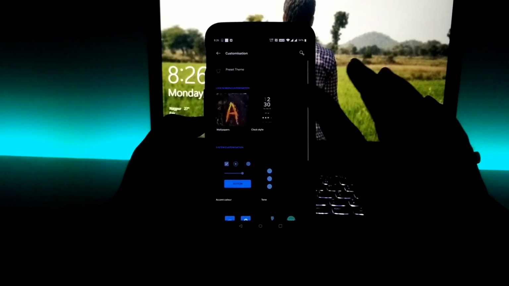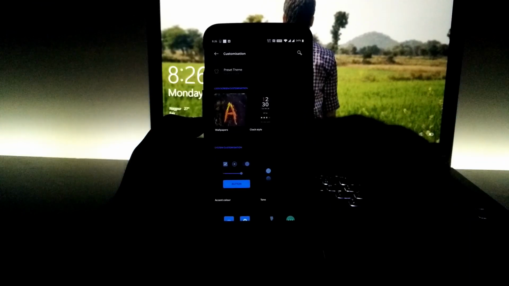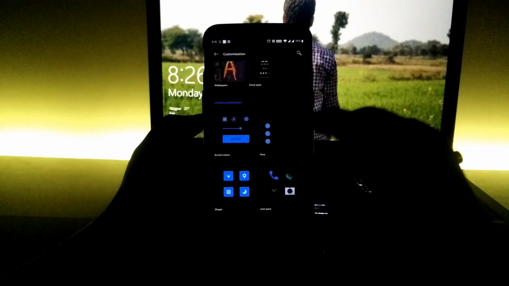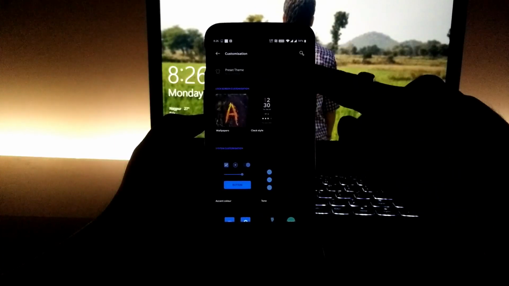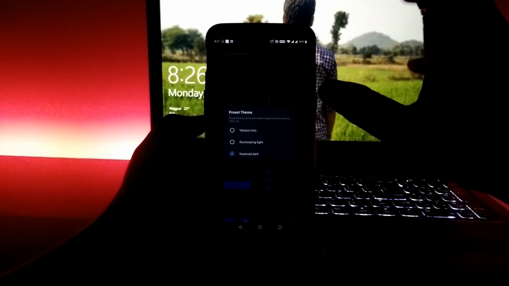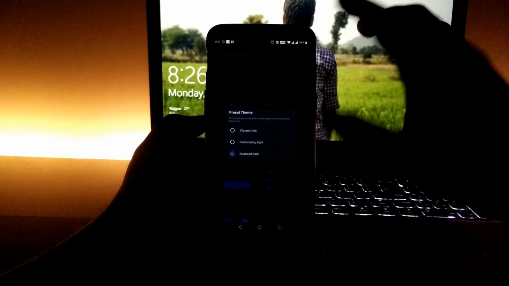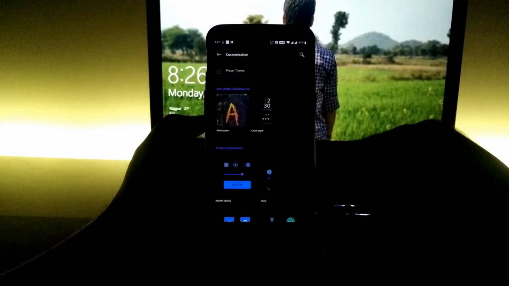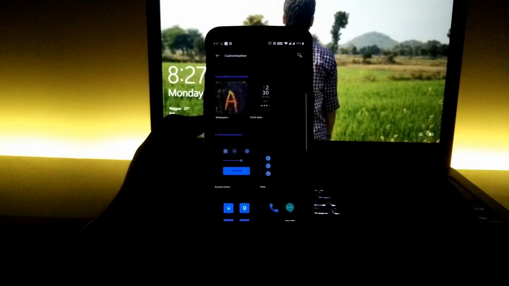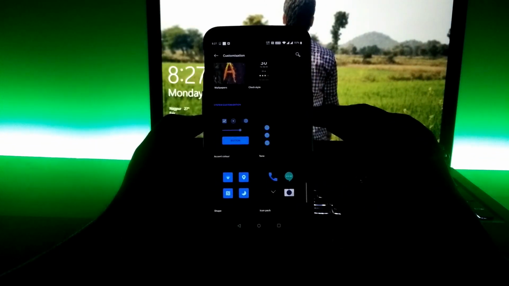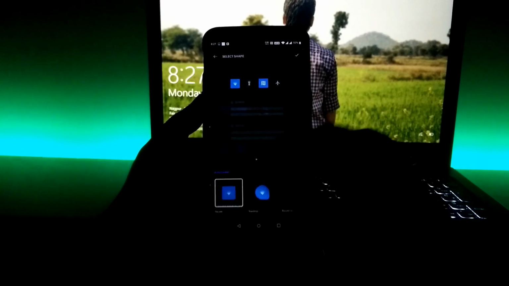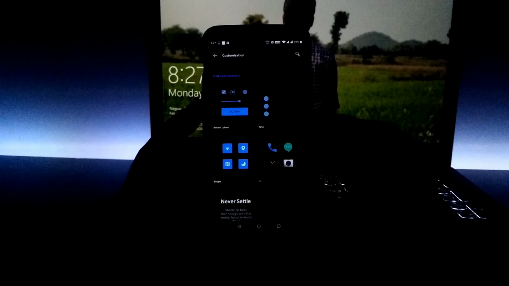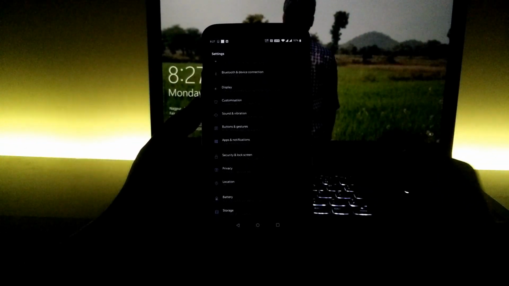Below that we have the new customization department, so it's a completely new section. We can now change each and everything of the visual appearance of the ROM. On the top we have the preset theme, which will simply change the base color, that is the light theme or the dark theme. So that's pretty nice. Now we can change each and everything, right from the icons to the accent colors and even the quick toggle icons. So again, that's pretty nice. We have whole control over the visual appearance.